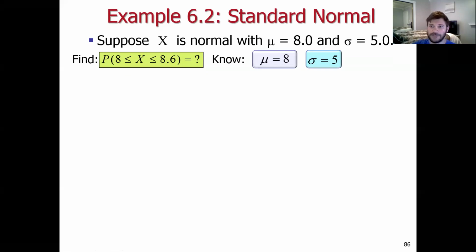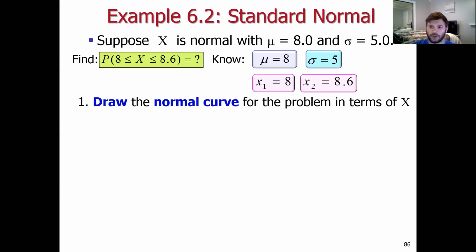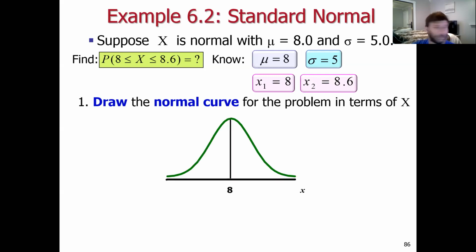Okay, so our left x bound was 8, our right x bound was 8.6. And again, the first thing I would always recommend doing here is drawing that normal curve for the problem. So this is not the standard normal curve. Note the normal curve here, we're starting off in x space. Okay? And the distribution centered at 8, we want to know what is the area or the probability between 8